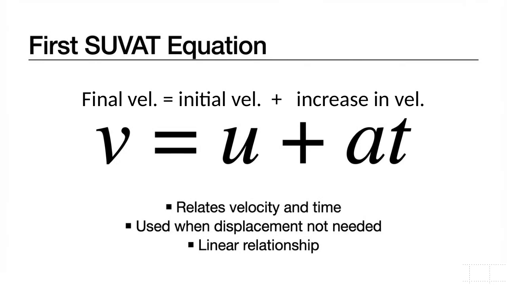acceleration. This equation tells us how the final velocity of an object changes over time when it's accelerating. It starts with the initial velocity and adds the increase in velocity, which is the acceleration multiplied by the time. This relationship is useful when we want to find the velocity at a certain time without worrying about the distance traveled. It's a simple, direct link between velocity and time, showing how velocity increases at a constant rate when acceleration